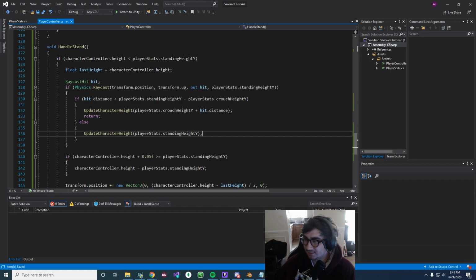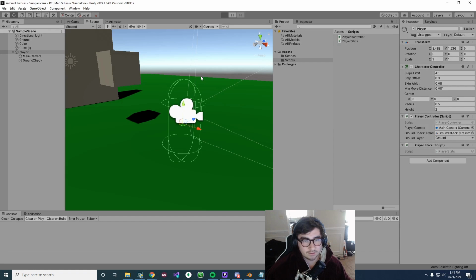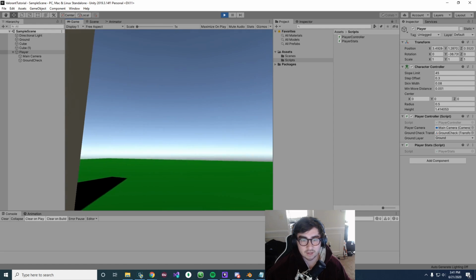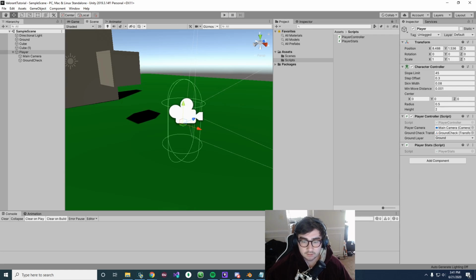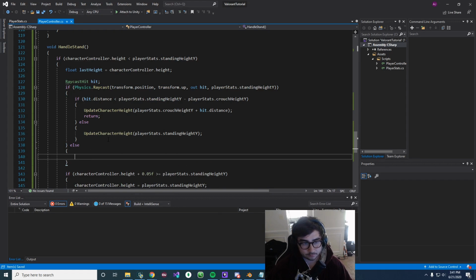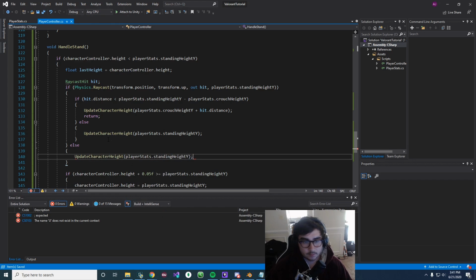Hit.distance, UpdateCharacterHeight. Oh, okay. So what was going on is I go under this cube, and I collide with it up top, and then I leave it, and I should then stand back up, which is not happening. And it's because we are not hitting this raycast anymore. So else, we just need to add UpdateCharacterHeight(playerStats.standingHeightY).